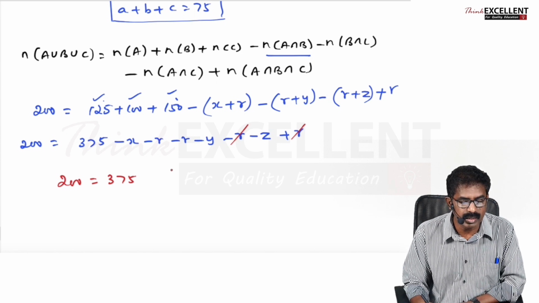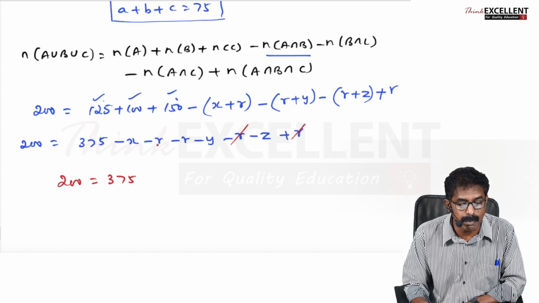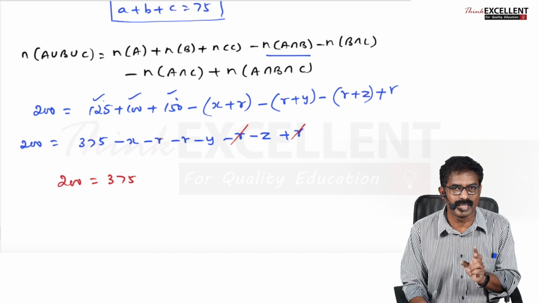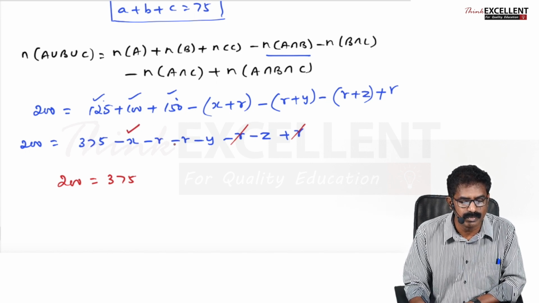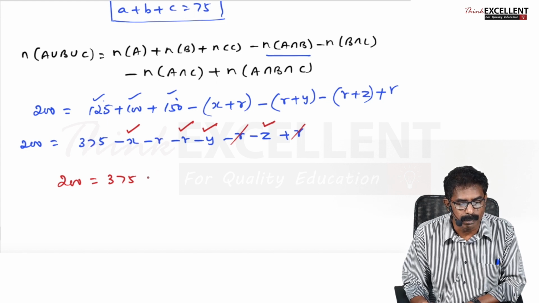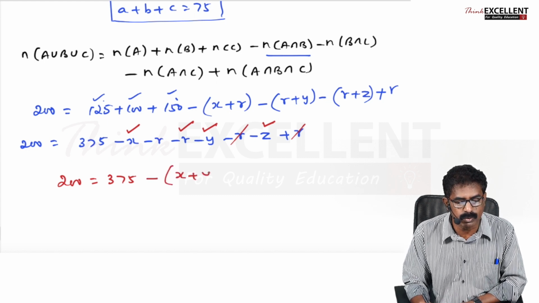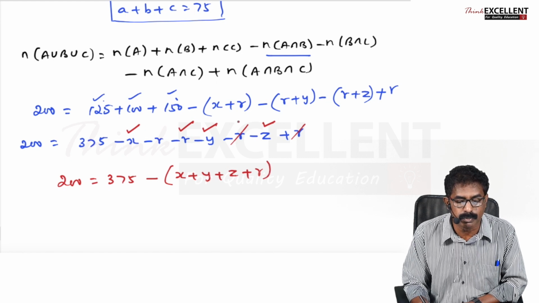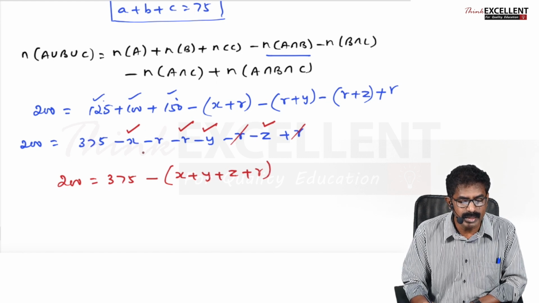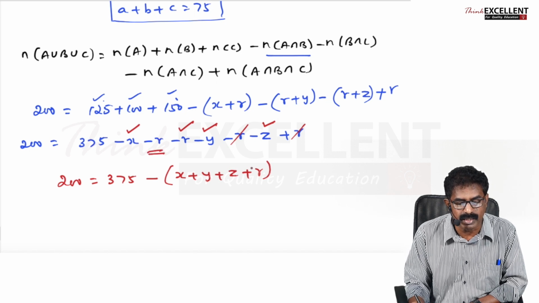So what you're getting here, 200 is equal to 375. You take a minus sign from minus R is what? Minus 2R. Don't do like that. Listen, I'm going to teach in a different way. You group these minus X, minus Y, minus Z, and 1 minus R. So which one you are taking? Minus X, minus Y, minus Z, and minus R. From that you take a minus outside, so you will get X plus Y plus Z plus R. So I am grouping only the terms what I marked here. Then one term left out. What is left out? This minus R I left out.